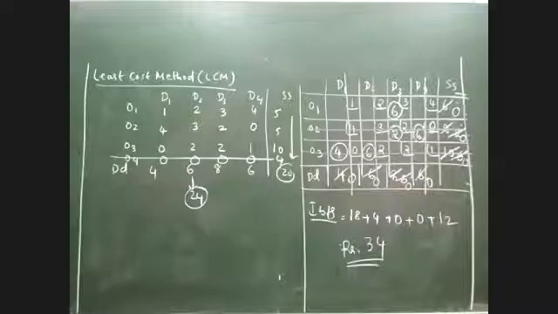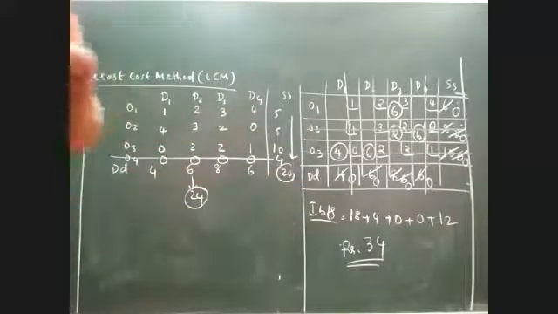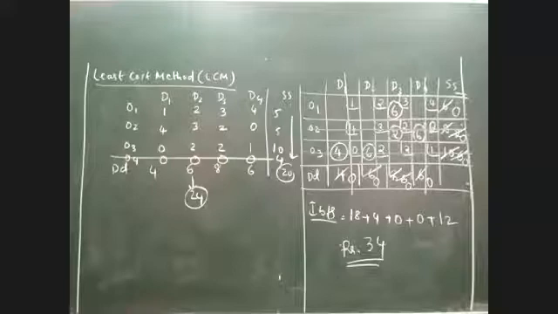So even in the least cost method, the moment you come across an unbalanced problem, you are supposed to introduce a dummy row or dummy column, balance it, and once the problem is balanced, the way we solve the problem is entirely the same. There is absolutely no difference. The only extra step is including a dummy row or dummy column. Once it is successfully done, then we can go ahead and solve the problem. Okay, is that clear, everyone?